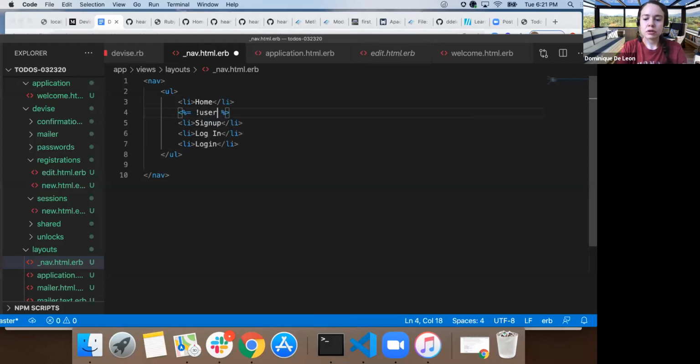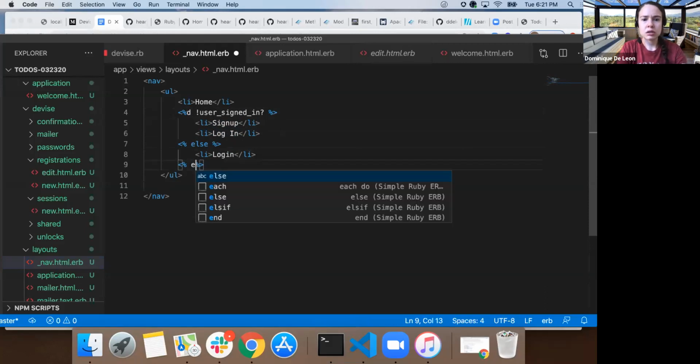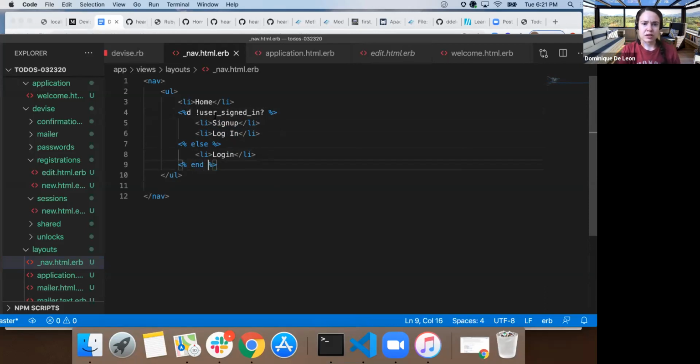If user is not signed in, go ahead and show them this stuff. Otherwise, I gotta watch my ERB tags here. Else, show them the logout, and I'll probably do something like display their username just to double check that everything went okay. But I think this is good for right now. If, there we go, cool. And then if I run that again,